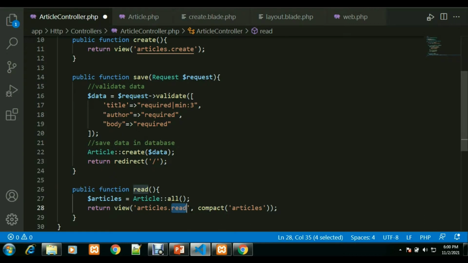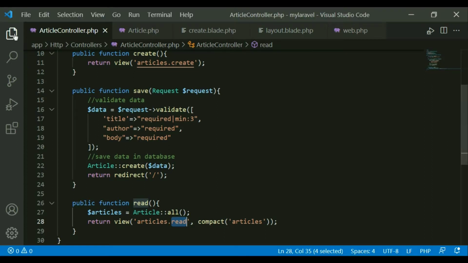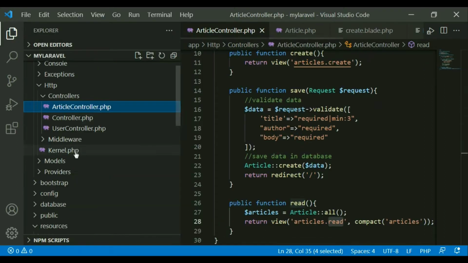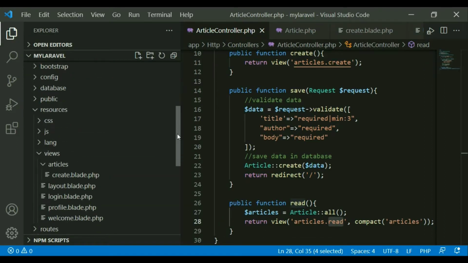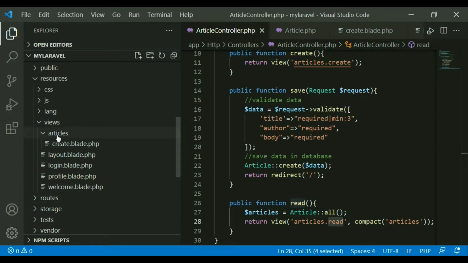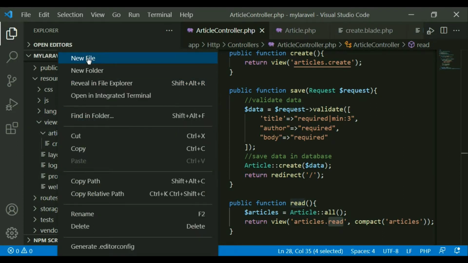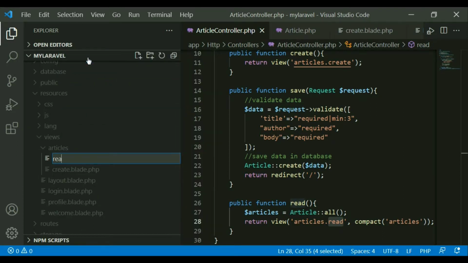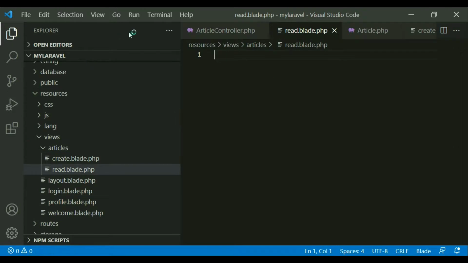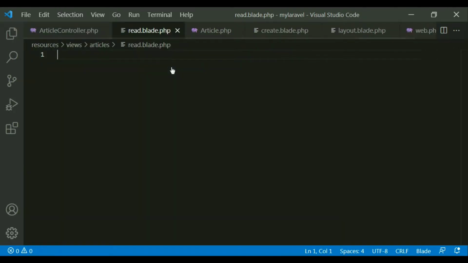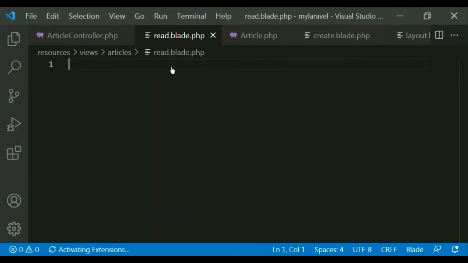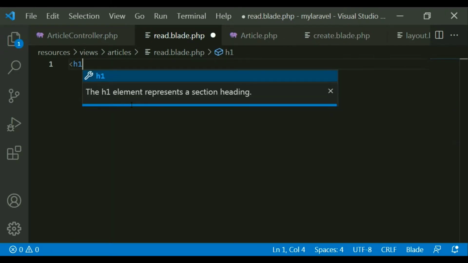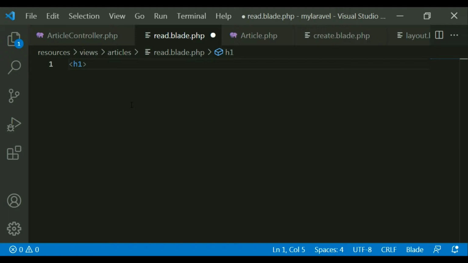So save the file. Just open the views folder, and inside this views folder, in the articles folder, create one file called read.blade.php. This is the file, and in this particular file I want to display all records from the articles table.